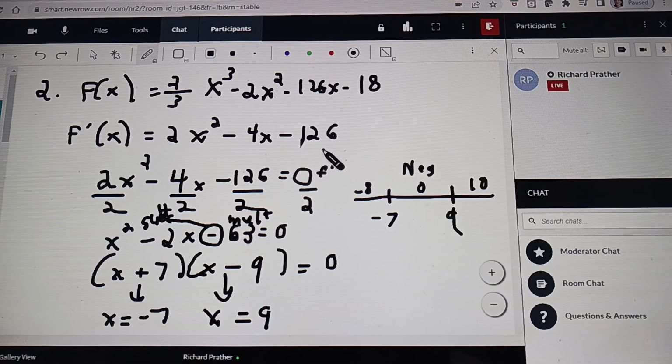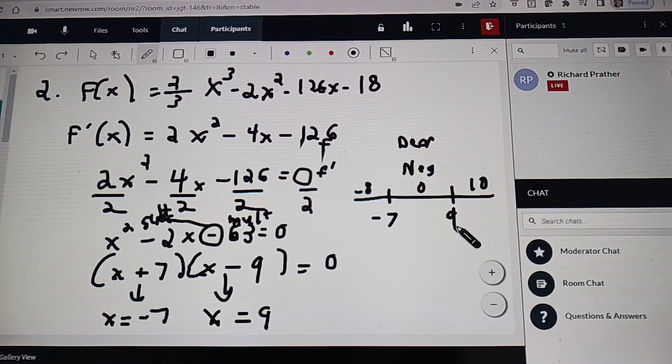So that means the original function f is decreasing all the way from negative 7 till 9. And once it's decreasing in one place, it has to be decreasing everywhere in that interval because only at critical numbers can it change. So next I'm going to plug in negative 8 by doing 2 parenthesis negative 8 parenthesis